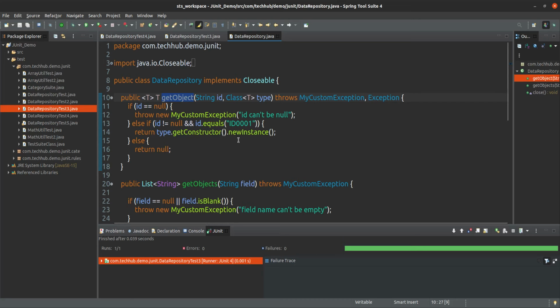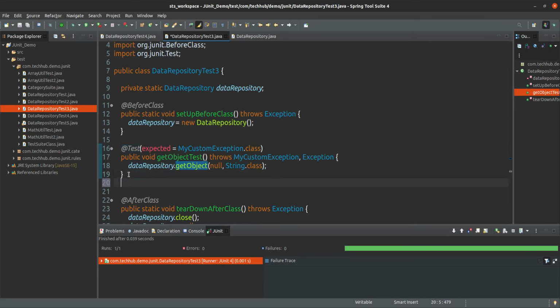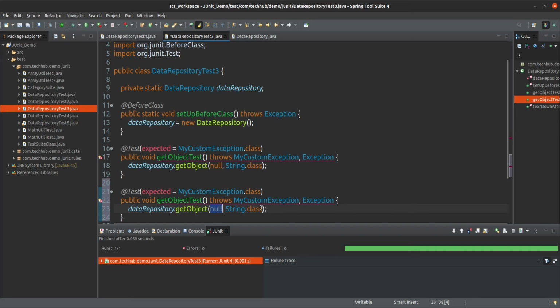If you see here, this is throwing the exception; it is not checking for the other part. So if I write this same test case for a different one, suppose this is test case 2, this is test case 1 only, but this time it is not a negative test case, it is a positive test case.